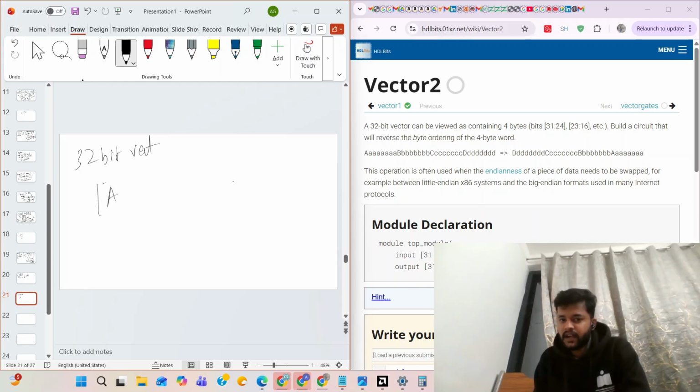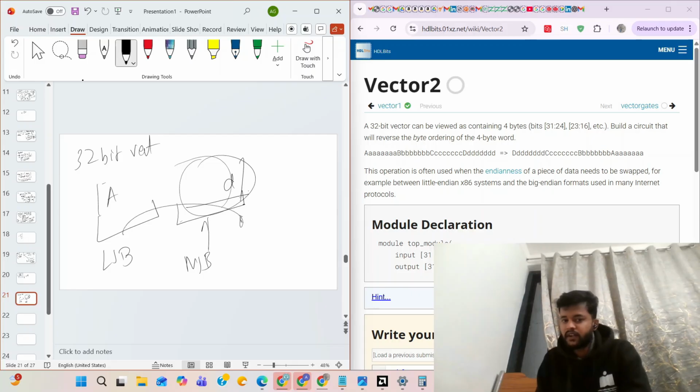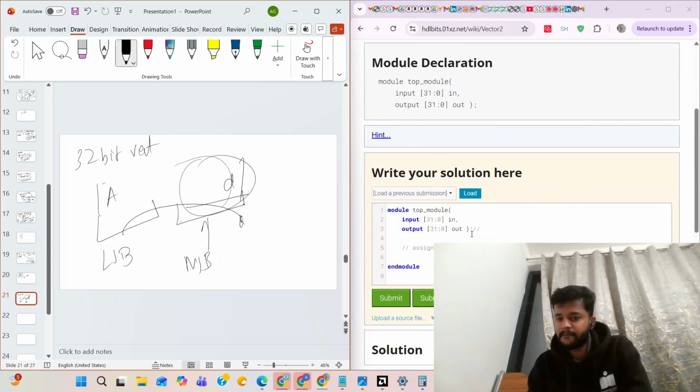Whatever A, B, C, D is there, it will come reversed. Whatever the MSB is there, it will go as LSB, and whatever the LSB is there, it goes to the MSB, like that. So how to swap that?